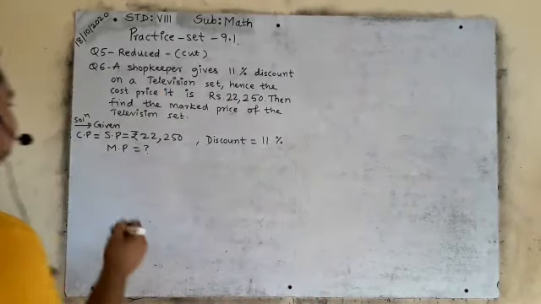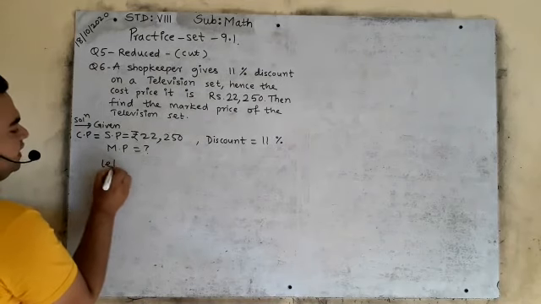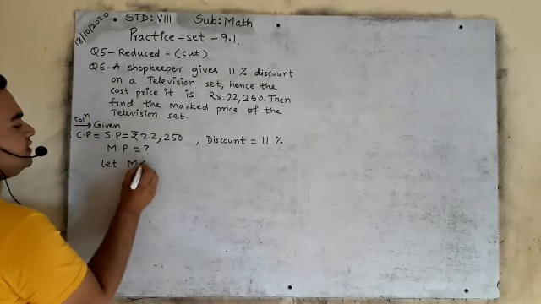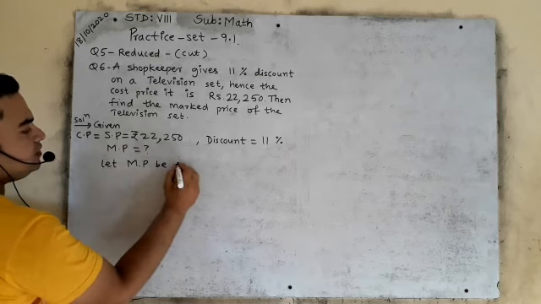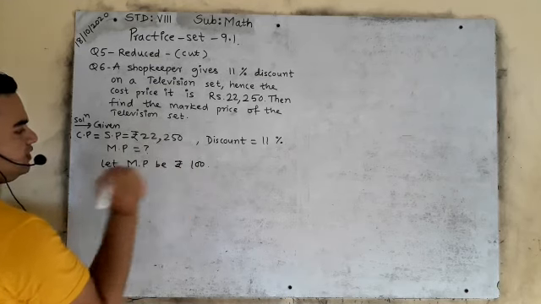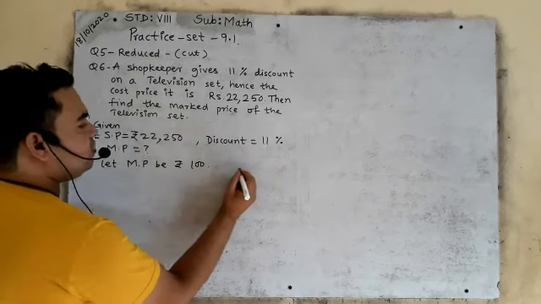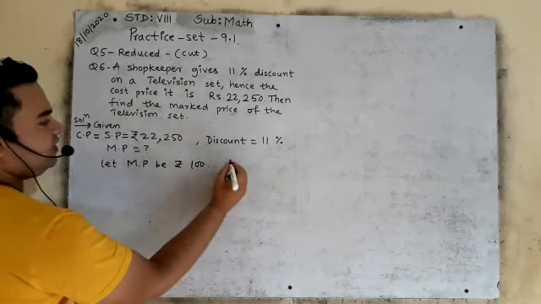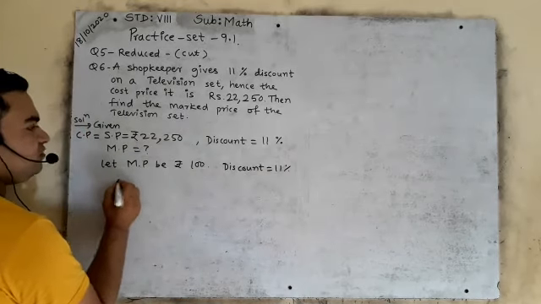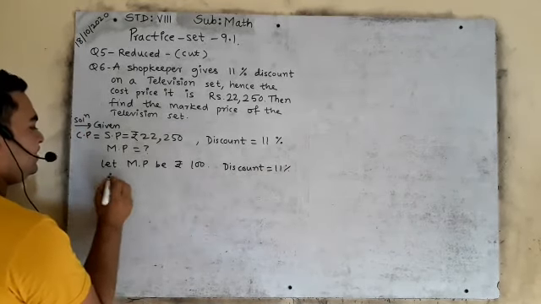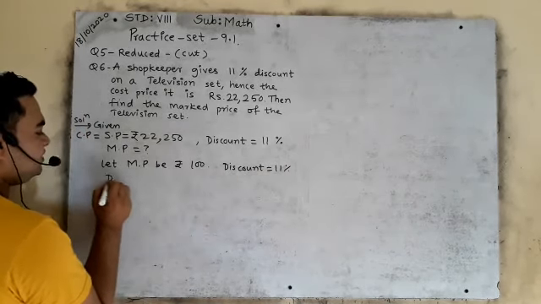So look at the board here. Let mark price be rupees 100. Okay, and discount is how much? 11 percentage. So discount is equal to 11%. It means you have to find out 11% on 100, right? So that is discount